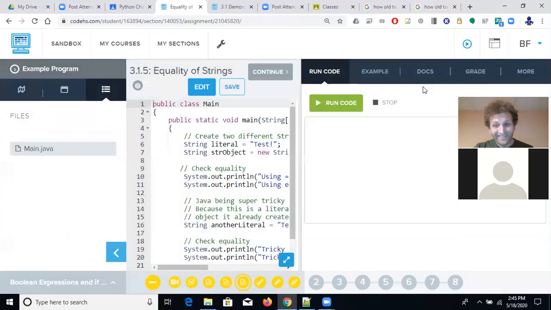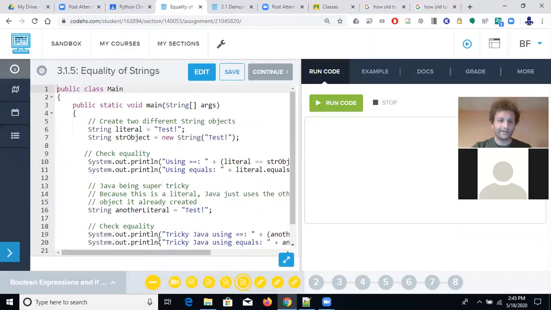And then there's one last thing I wanted to talk about, and then I'll let you guys go because really 3.1 I think is a short, easy to understand section. Not that you can't ask questions, but